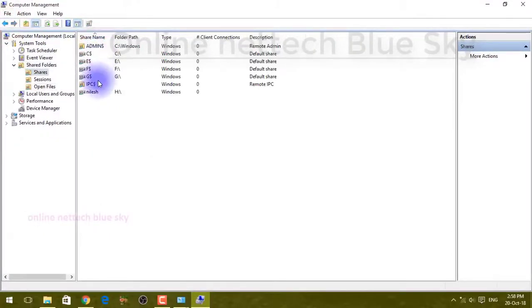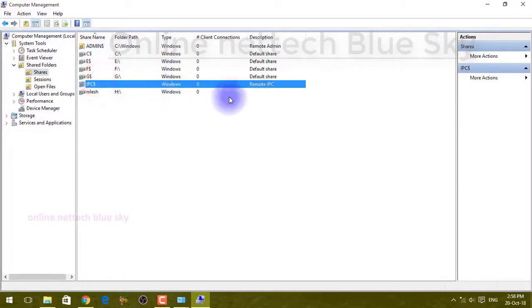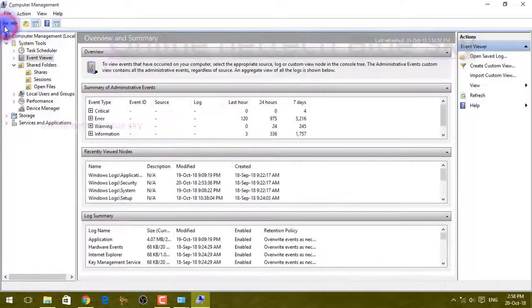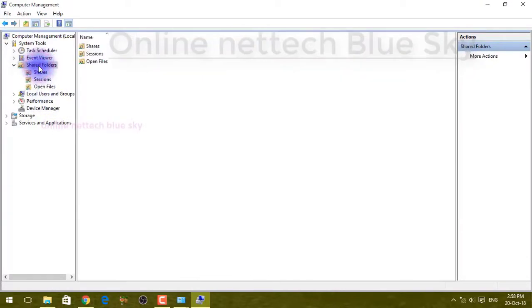So you can see all the file folders, and you can share files and work quickly. And this is the Event Viewer, which I already talked about.